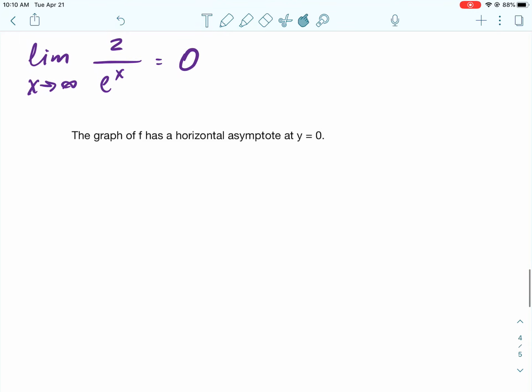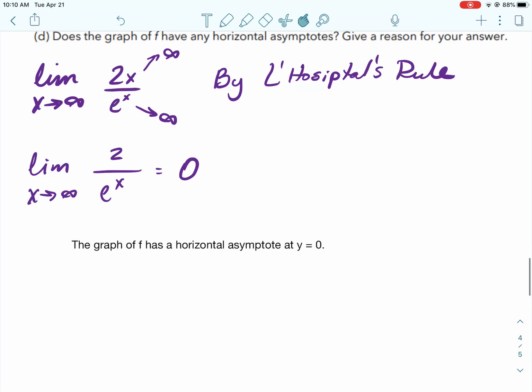But anyway, when we check for the limit as x approaches negative infinity, we do the same thing with L'Hopital's rule. But when we get to this point right here and what's underneath the top line, when we put in negative infinity for x, the negative exponent would move the e to the negative infinity to the top and make it e to the positive infinity. And when you take the limit and you get infinity, there is no horizontal